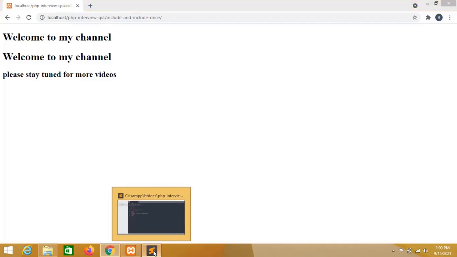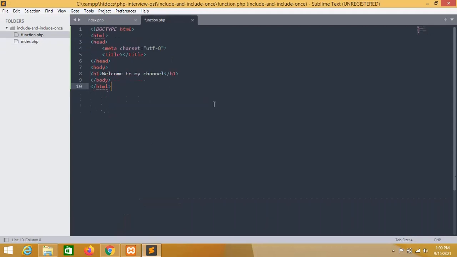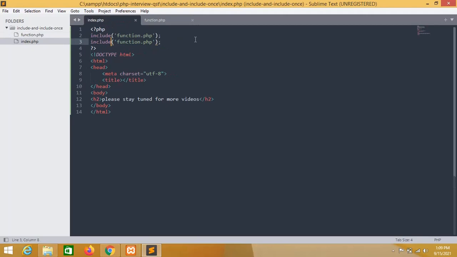But in some cases, suppose we are working on a big project where this function.php page contains a lot of functions, or we have defined a lot of classes in it, and in that case, if you want to include this function.php page in the index.php page 2 times, then what will happen?